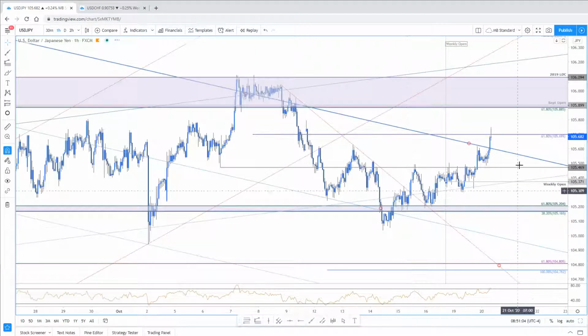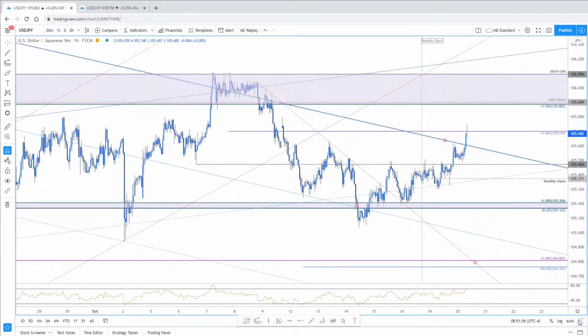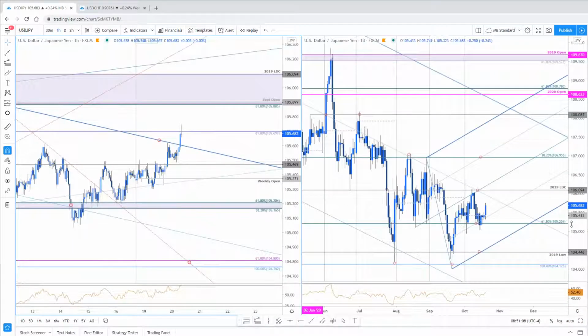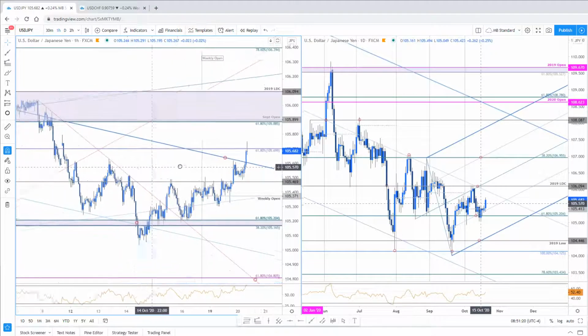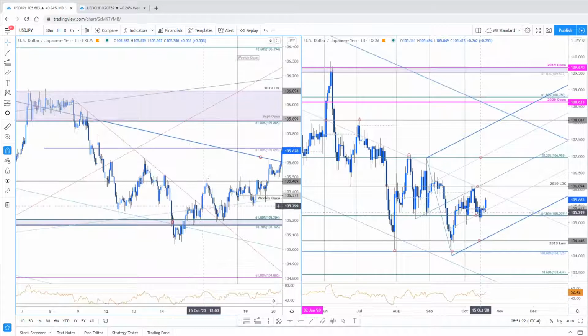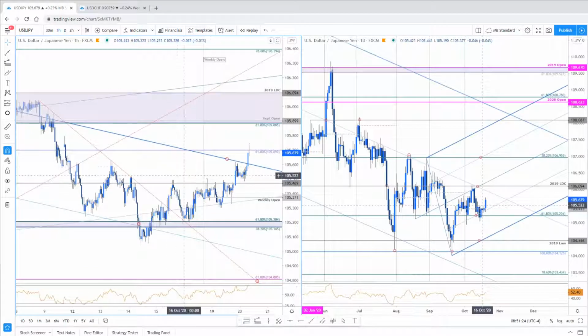Here's what's going on with dollar yen. The broader focus was for us on the decline into 105.20. You guys know that. 105.20 buckled, and then we broke downslope resistance, shifted our focus higher. You guys know we talked about that. Our last level of interest was right here at 105.60. I noted the 618 at